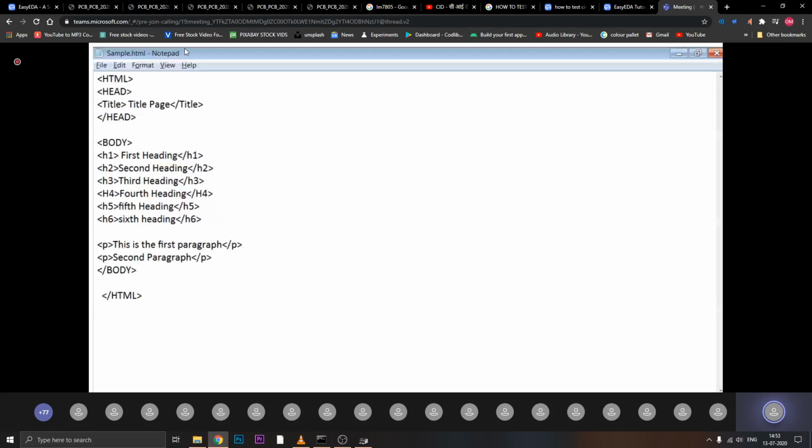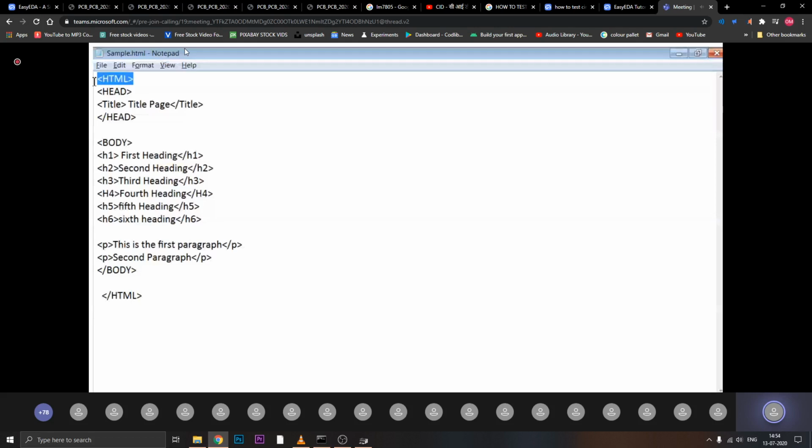So here you can see in this example, some of the tags I have written in capital case, HTML in capital case and title in small. So here we can say that HTML is not case sensitive. Whatever tag you are using, you can write in capital case or small case.